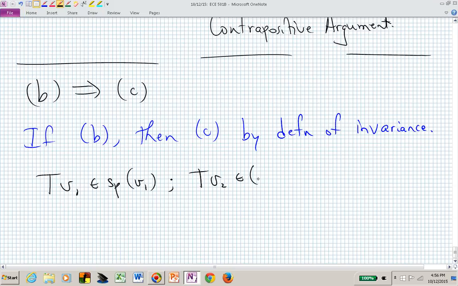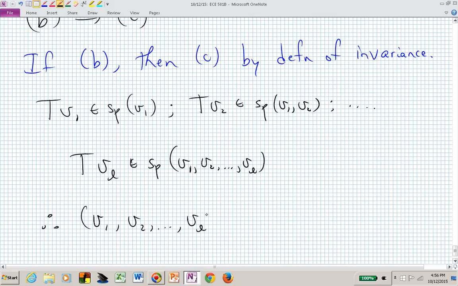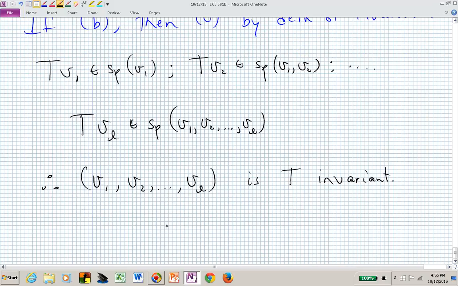TV2 is in the span of V1 and V2, and that just keeps going until TV sub L is in the span of those V sub L. Therefore, this list of basis vectors, V1 through V sub L, is T invariant. Which now says that B implies C,